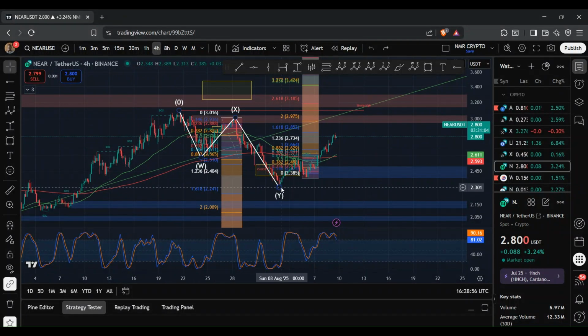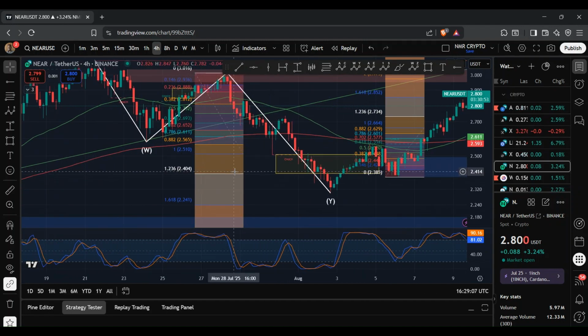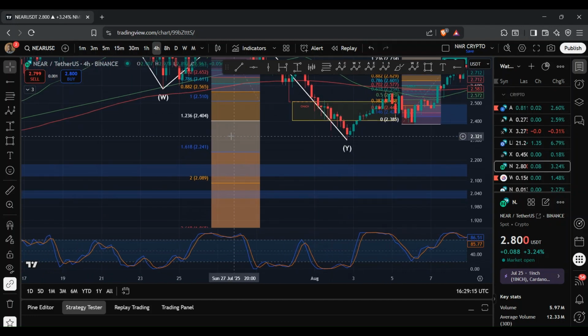So we've seen this move to the downside play out on NEAR, where we had a WXY structure that formed, and you can see that the Y wave ended up exceeding past the typical range, which is anywhere between 1 to 1.226 of the W wave, and that region sits between $2.404 to $2.51. And here you can see that we ended up not retracing towards the 1.618 level, which is a good sign,